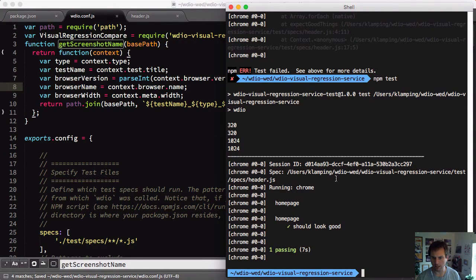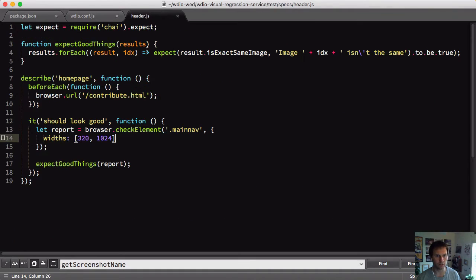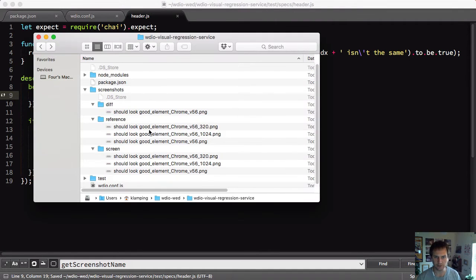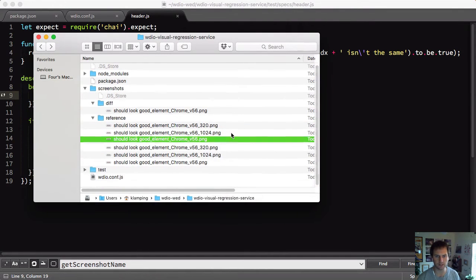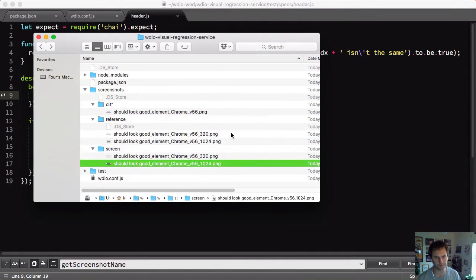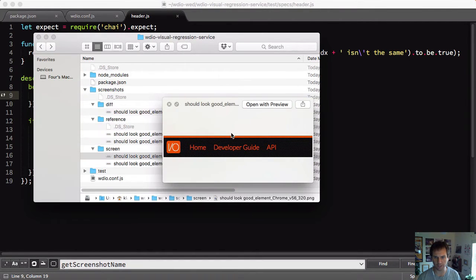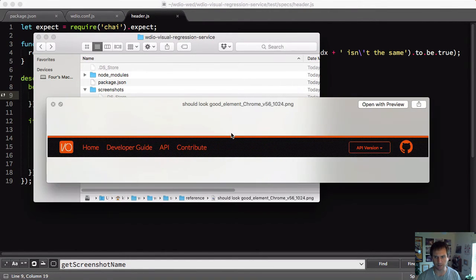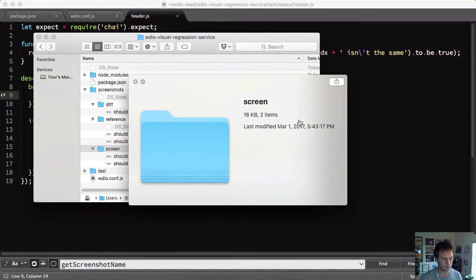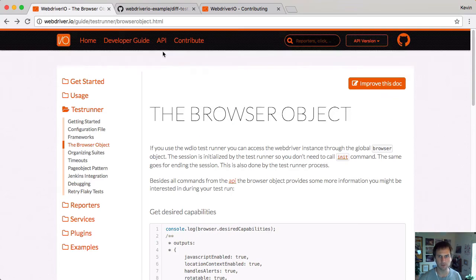Okay, and then if I go in here and change this back, I'm going to take a look at these screenshots. So there's my different widths. I can get rid of that one and that one. So that's my large width, my small width, and then my large width and my small width. So one of these is going to fail because, well, before I say that so certainly,